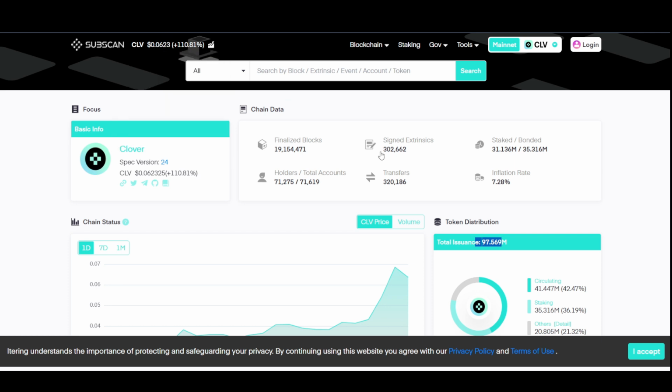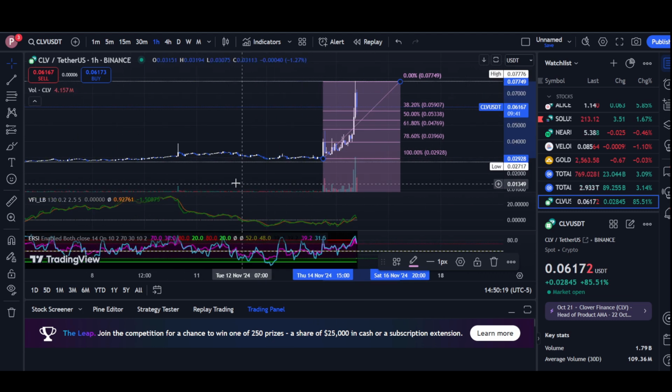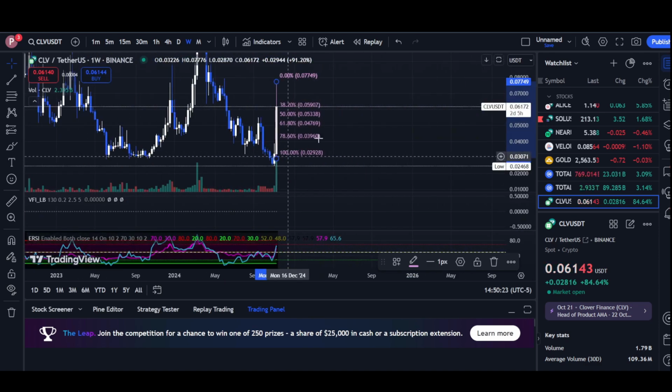Of course it is going to have impact in the long run, but I don't think that it is going to have any impact as of now. So this price action is completely independent as of now. But if you do look at the weekly charts, okay, so I will just try to delete this one, just a second. So if you do look here,